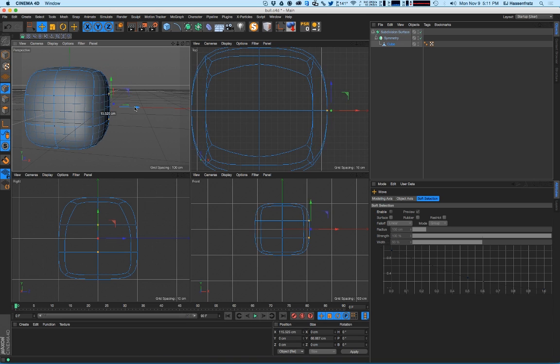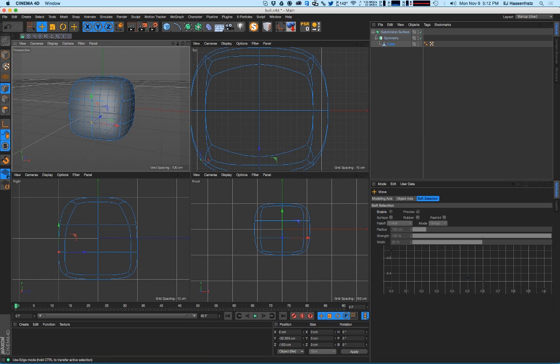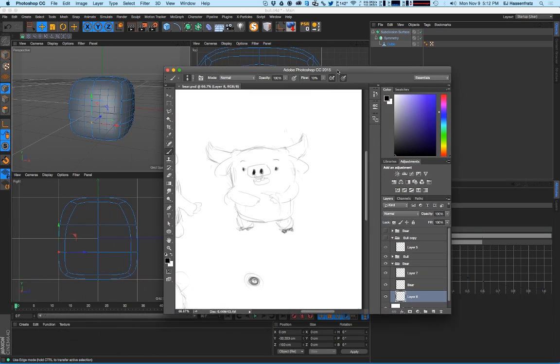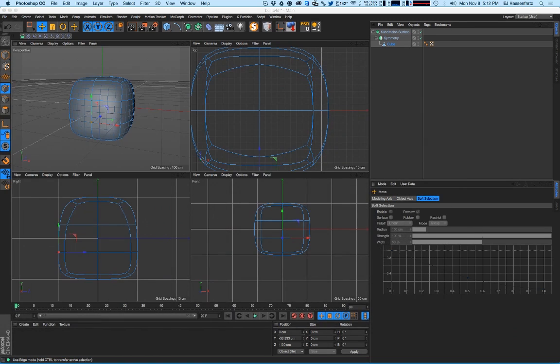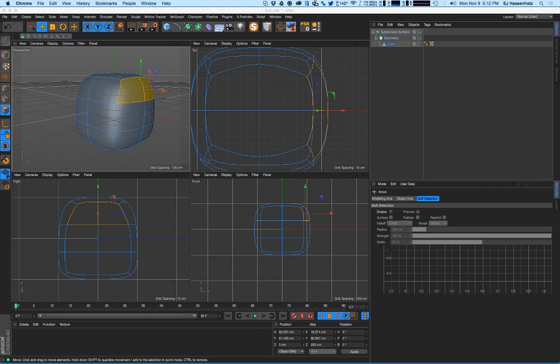So I'm going to select these sides here and give them a little bit of some cheeks over here. And what I want to do is create the ear and the horn and all that stuff. So what I can do is grab both of